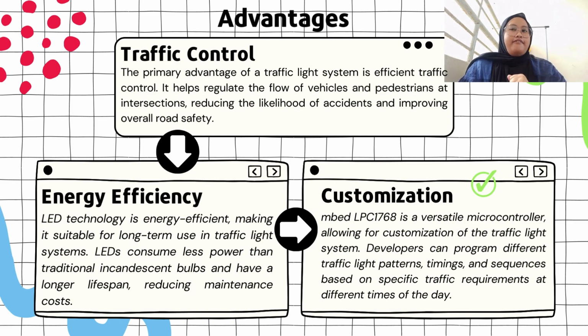The last of the advantage of traffic light system is customization. mbed LPC1768 is a versatile microcontroller allowing for customization of the traffic light system. Developers can program different traffic light patterns, timing, and sequences based on specific traffic requirements at different times